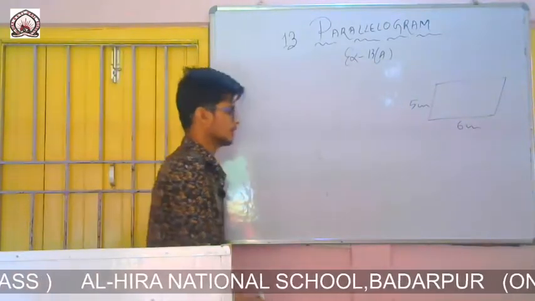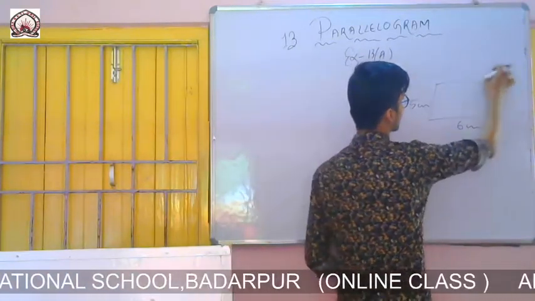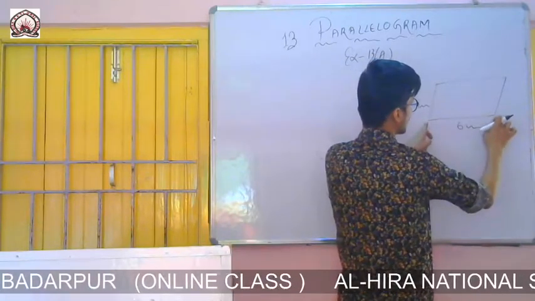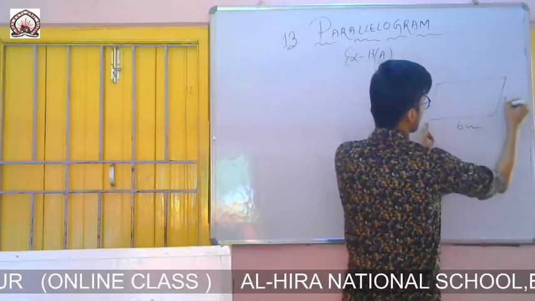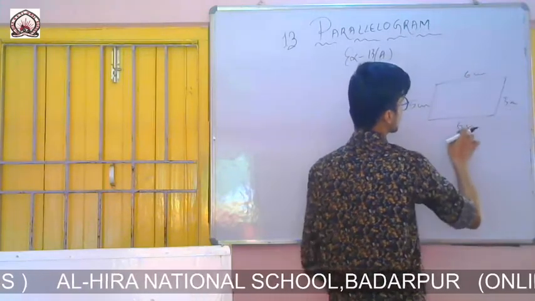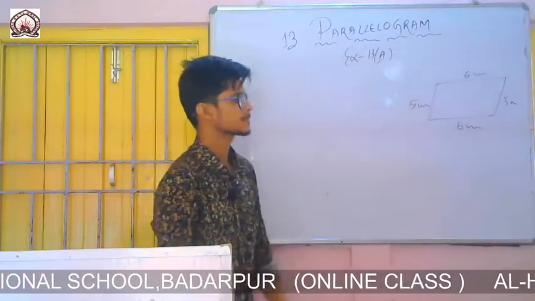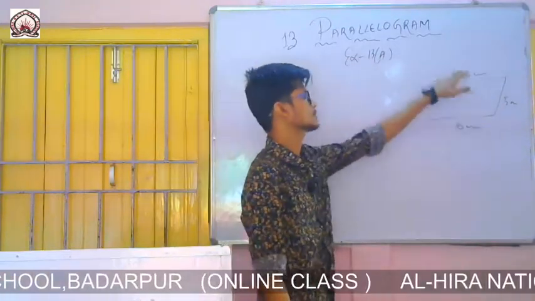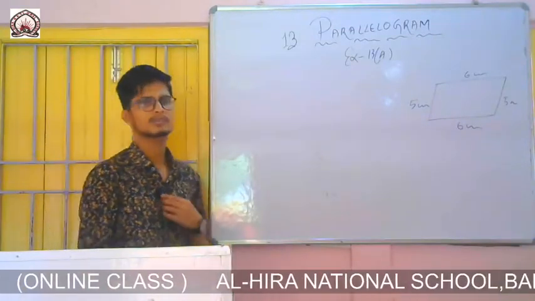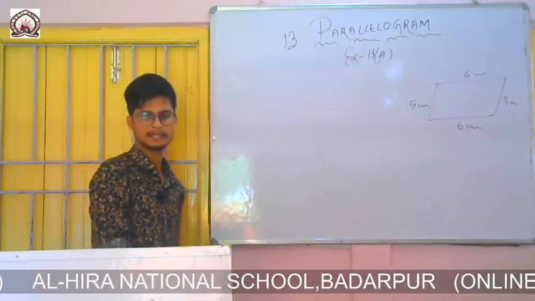So we know that perimeter is nothing but the length of the outer boundary. That means if I start from here, I will go up to this much, then again I will go this one. This side and this side are equal, 5 cm, this one and this one are equal. That means 6 plus 5 plus 6 plus 5, which I can write as 2 times this one and 2 times this. We used to write 2 into length plus breadth. Here it will be 2 into the sum of the adjacent sides.